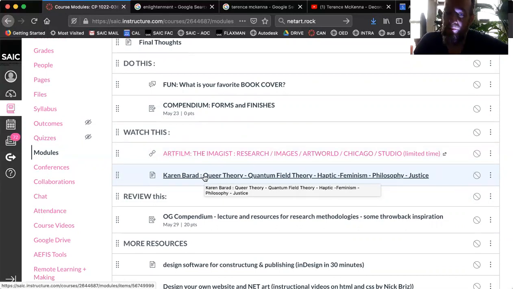And this is really about quantum field theory and haptic knowledge, and this idea of what touch is from a scientific perspective, as well as the ways that we can look at the nature of these interactions and how we can use language to identify these sorts of things that maybe deconstruct some of the ideological frameworks that we operate within, which is a really wonderful lecture. It's heavy though, so be ready to take notes and hit pause, but watch it one time through and then